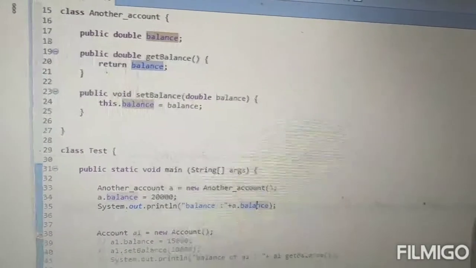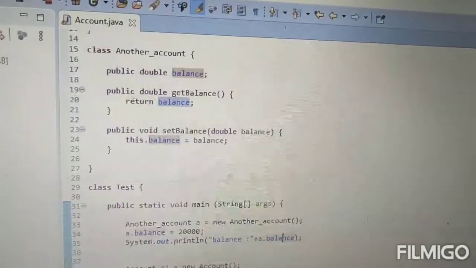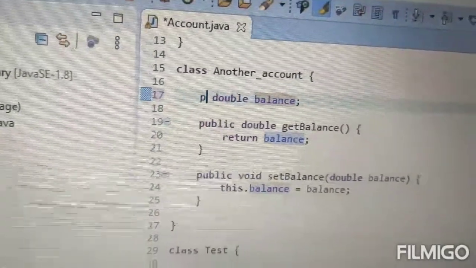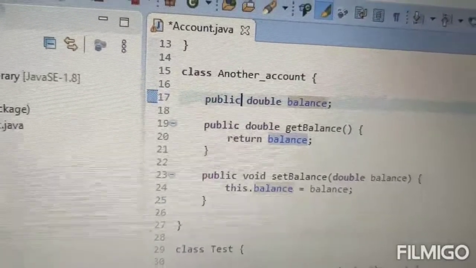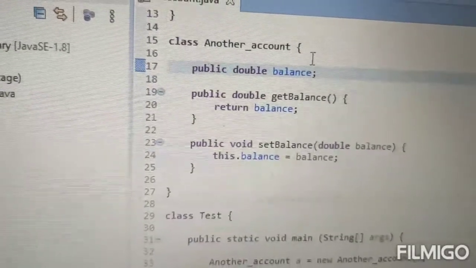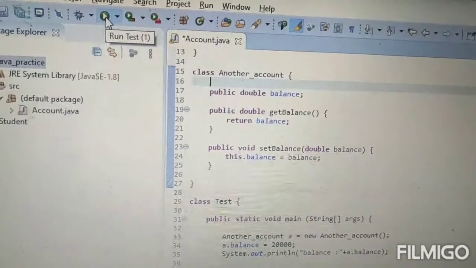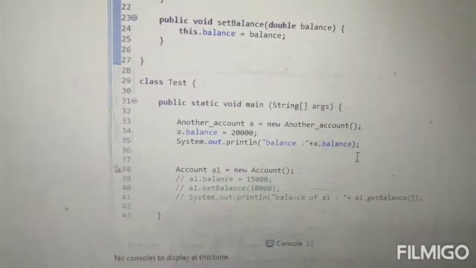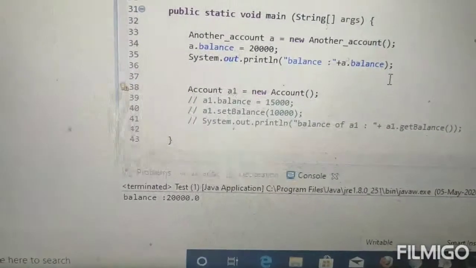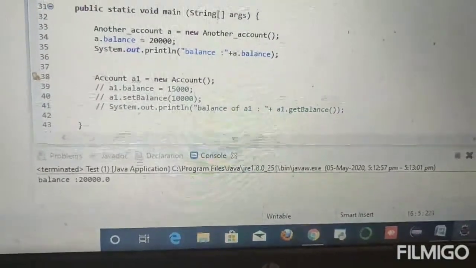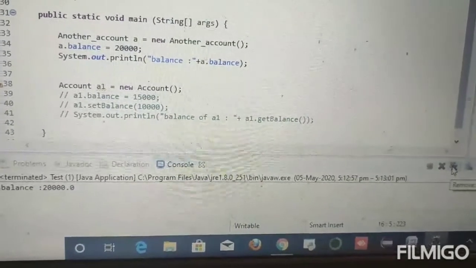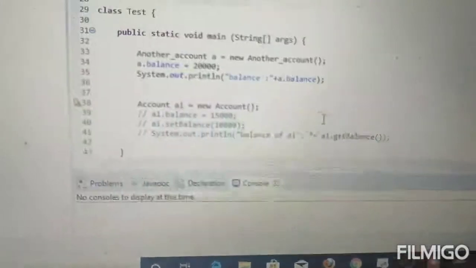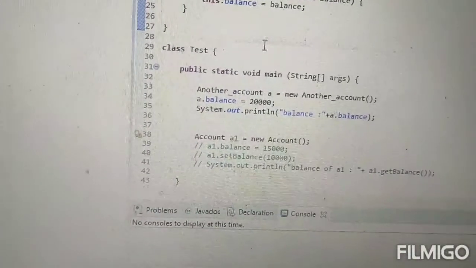It is always recommended, as per the data hiding concept, to change this public to private. Let's see what happens now. You will get an error guys. Let me destroy the already existing thread and save this program.